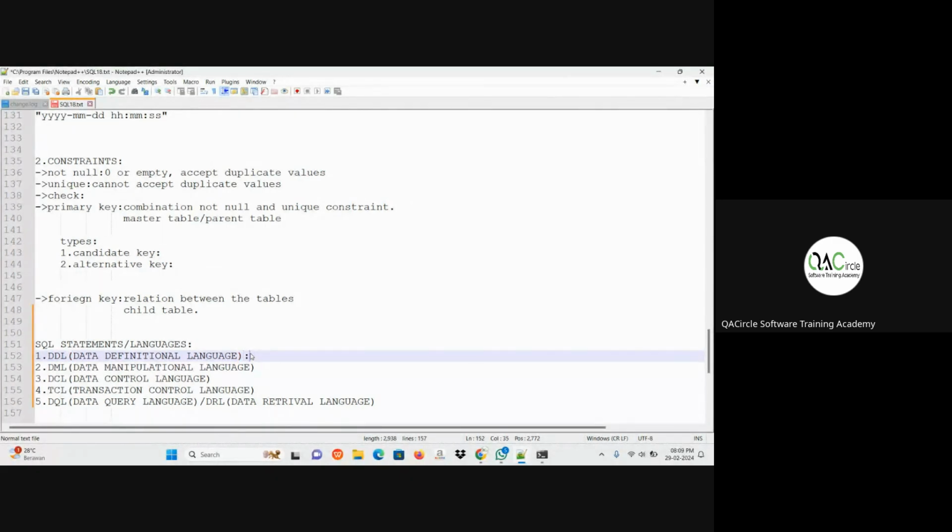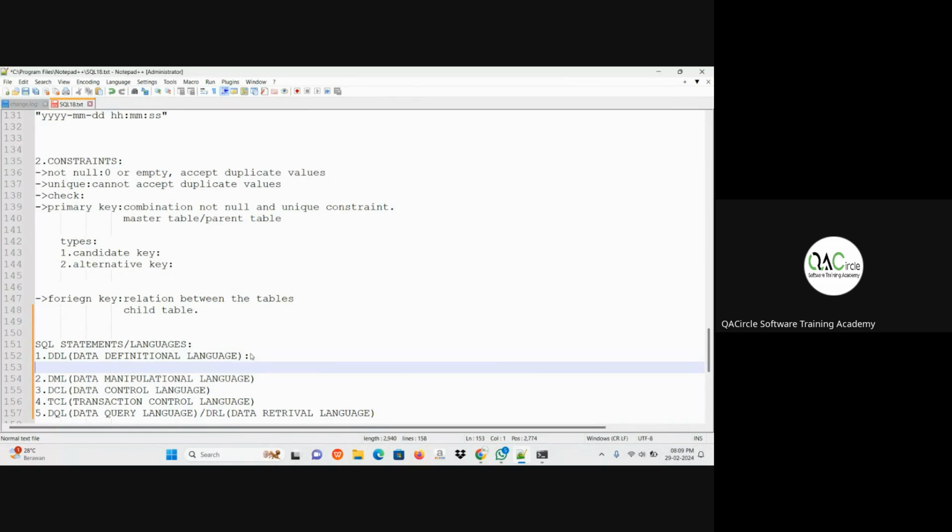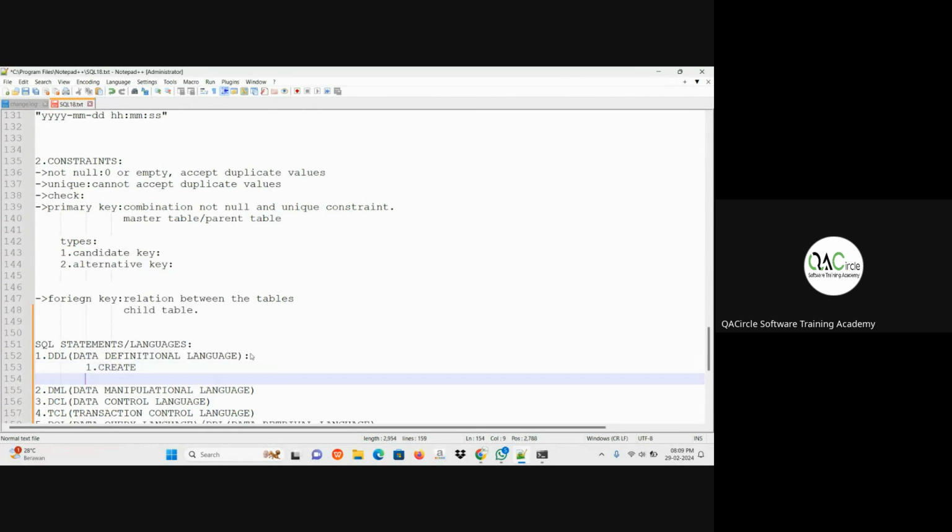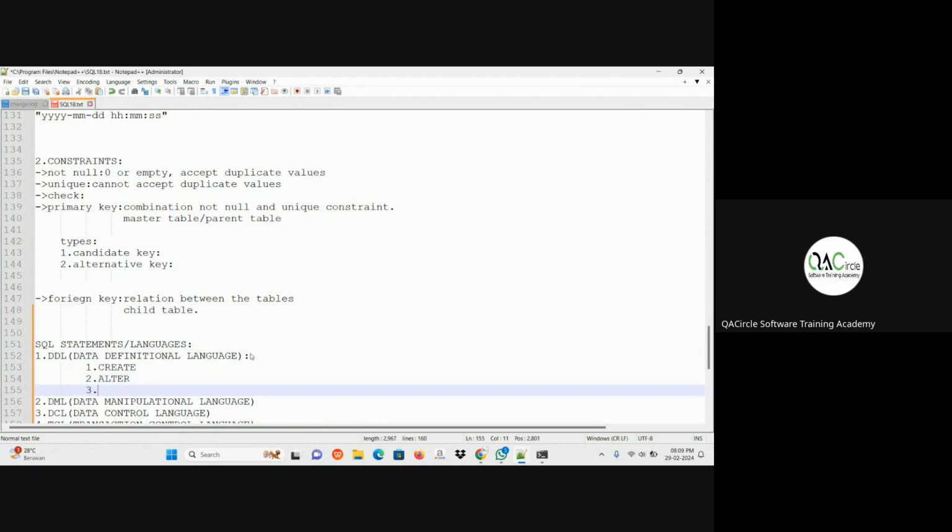Here, first one is DDL. Under this DDL, we have totally 5 statements. First one is create, second one is alter, third one is rename, fourth one is truncate, and the fifth one, last one, is drop statement.